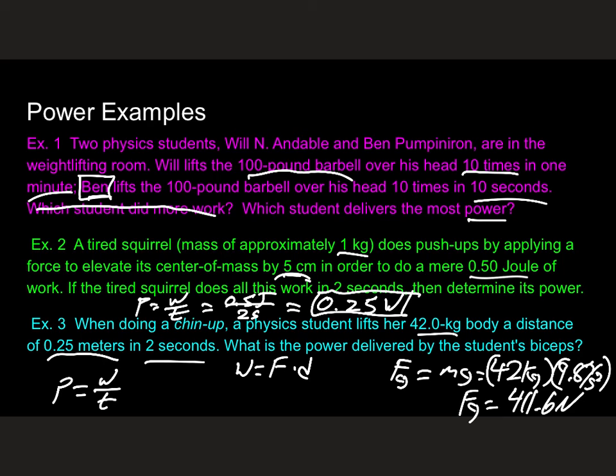We then can plug that into our work formula, and we now have 411.6 newtons, and we multiply that by the 0.25 meters, and we get that the work is actually equal to 102.9 joules, and we divide that by 2 seconds,